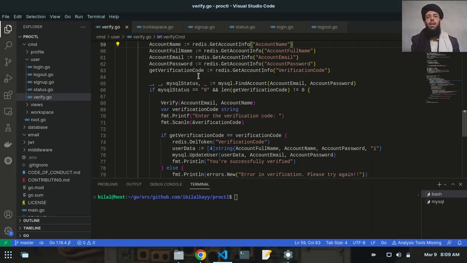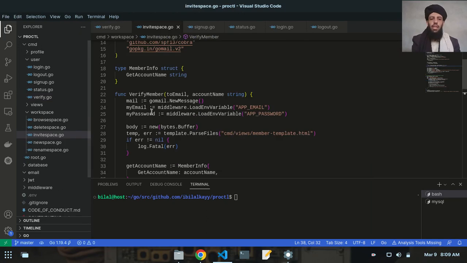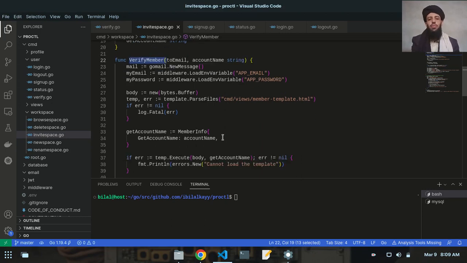Hey friends, my name is Bilal Khan and today I am going to be working on the verification functionality in this proctl project. So let's go to the invite space.go file, and inside this file, as you can see here, I created this verify member functionality in my previous video. I will be working on this functionality further, but before that, let's go to the